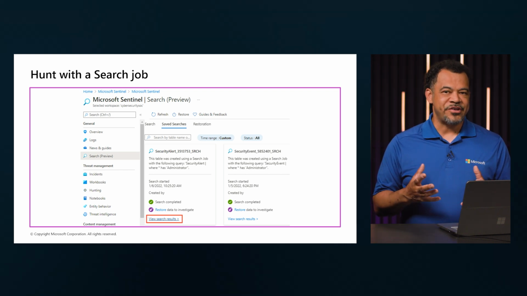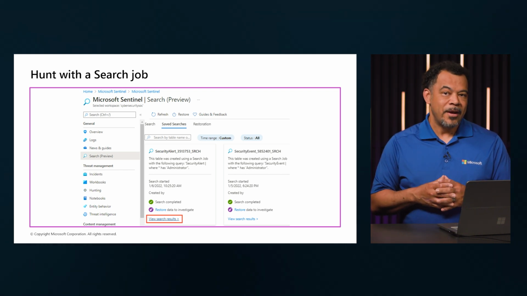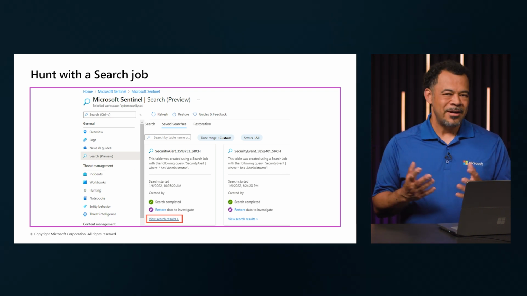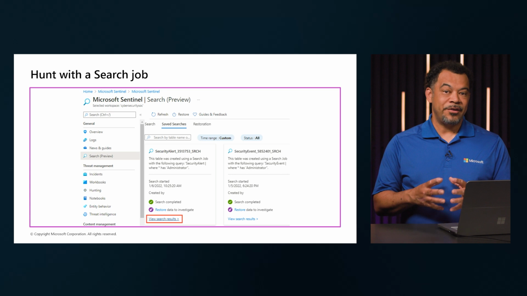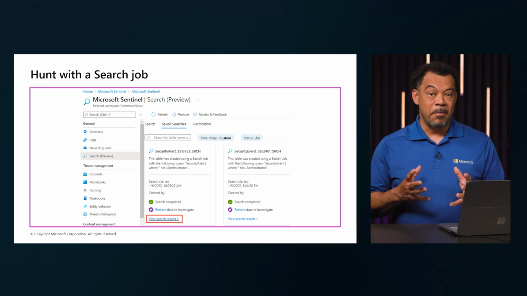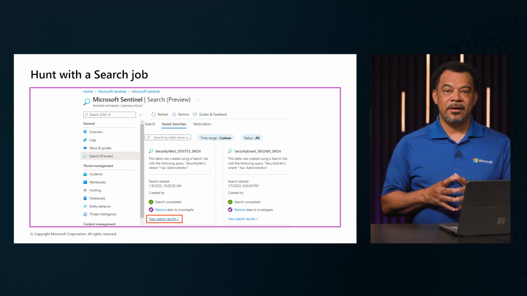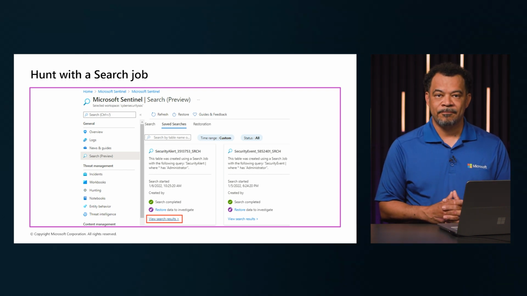You can create a search job by writing a KQL query and specifying the time range and workspace. Once submitted, the job runs asynchronously, and you can monitor its progress, view its results, or even restore the data into a table for further analysis.